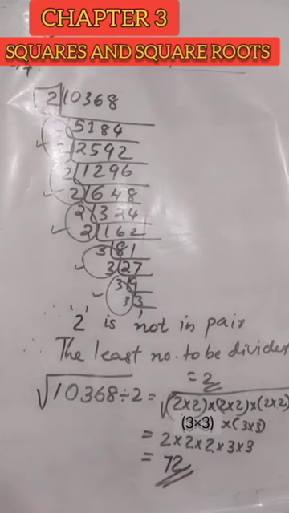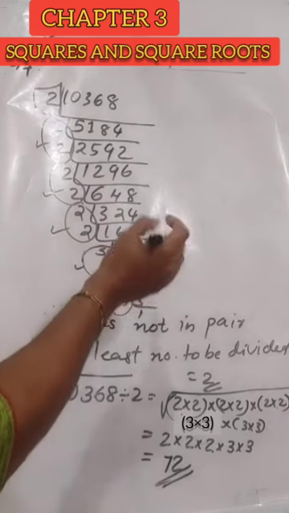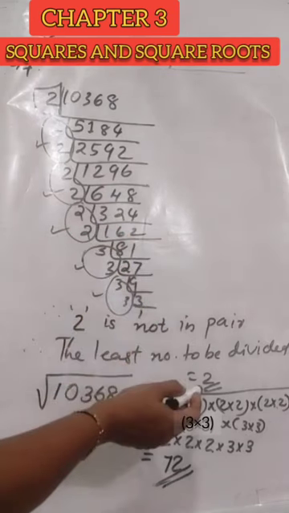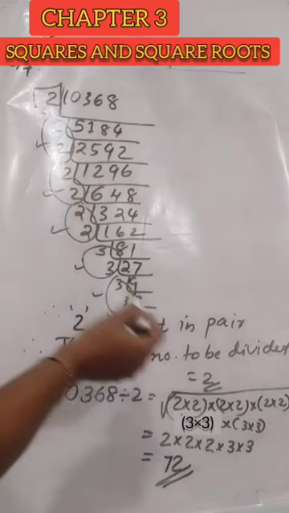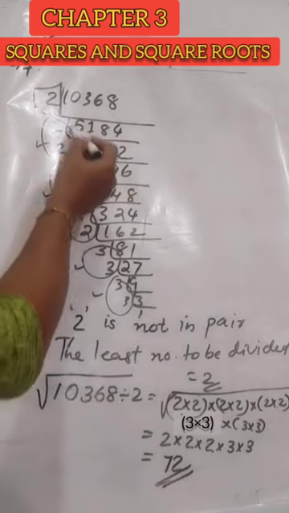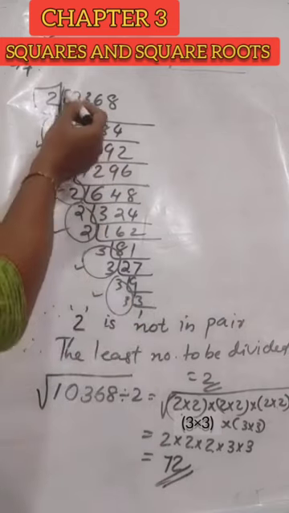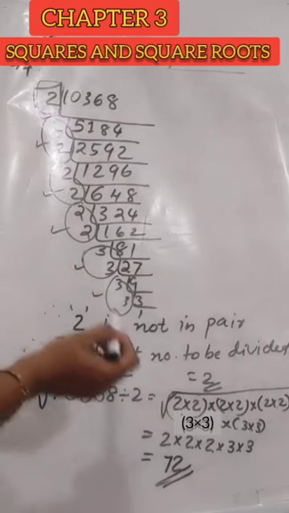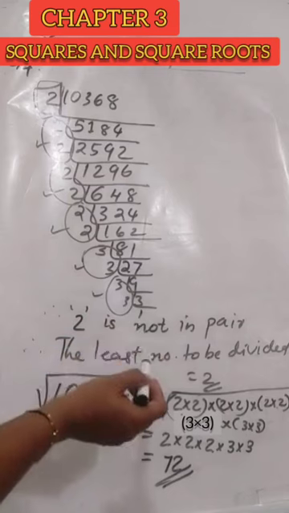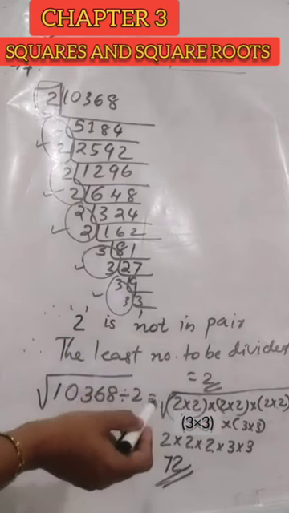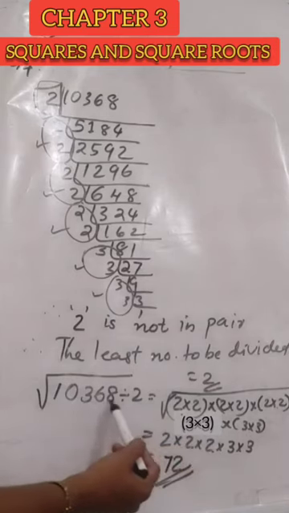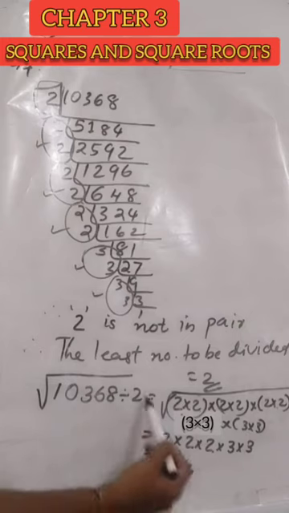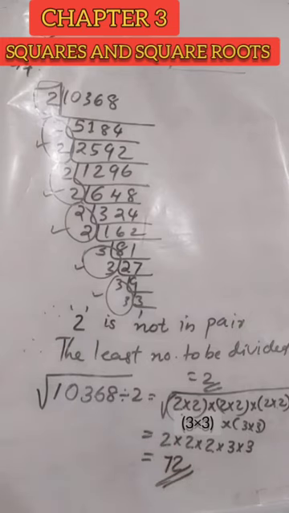One more time I'll explain. The given number 10,368 is not a perfect square number. You have to find out which particular number is to be divided so that this number will become a perfect square number. The first step is to do the prime factorization and write the factors in pairs. You can see one number 2 does not exist in a pair. So that particular number is the least number to be divided so that the result will be a perfect square number. So the square root of the resultant number will be 72. That is the question. Okay.